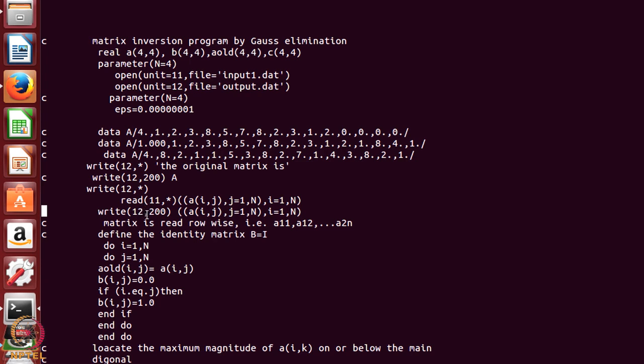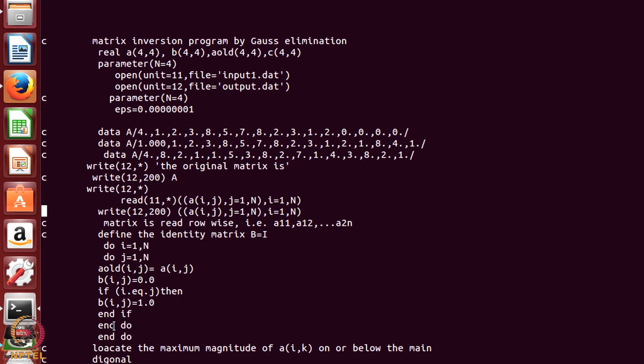Then I also write that matrix in file 12. Remember, I have mentioned to you that whatever you read, you write it, so that you know what calculations are being done. So, then what I want to do, the original value of a, whatever original value of a was there, I will save it in a old, because the moment I change the values of a, remember in our operations by elementary operations, the values of a go on changing during the process. So, the original values I want to save in a variable called a old.